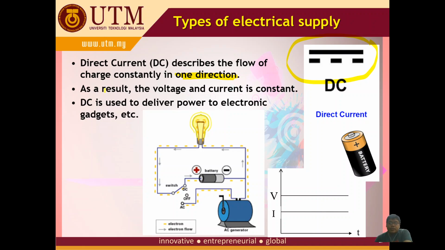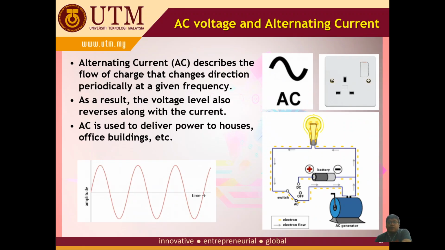Okay, so here is the circuit. This is the previous circuit, and this is the constant. For example, the voltage and current: if the current is 0.2 amp, it will be constant for all time. Same with the voltage. If the voltage is, for example, 3 volt, it will be constant throughout the time. Okay, so you have to accept it first. So we go for AC.